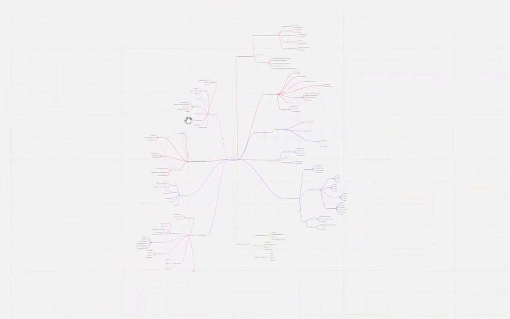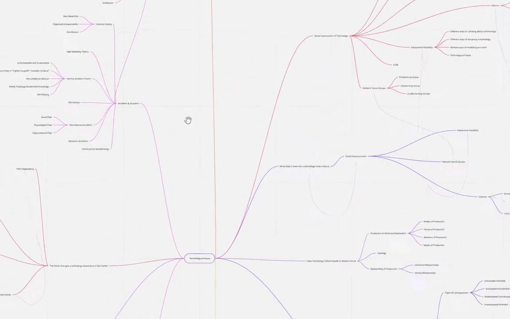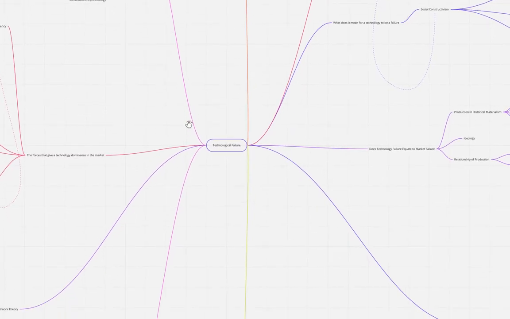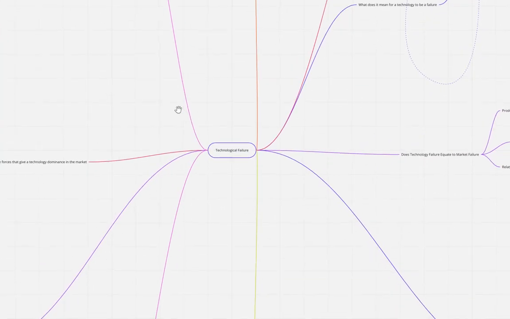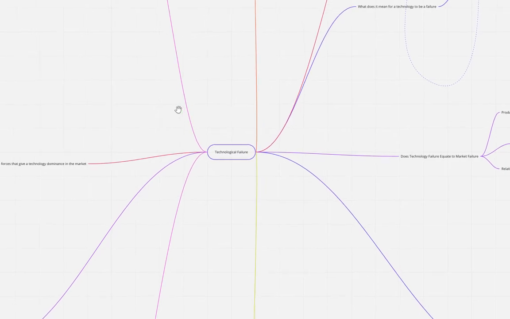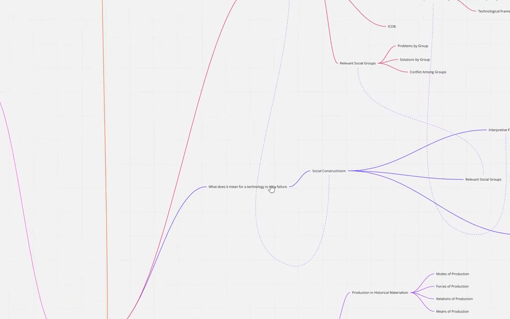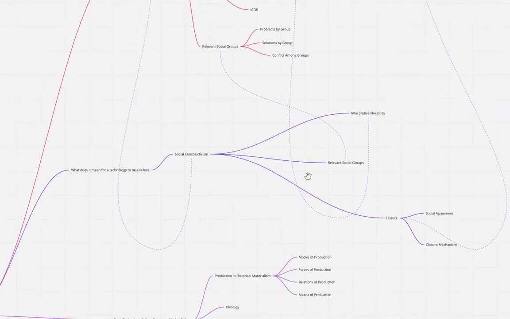If I can fit the entire thing on the screen, it's broken down week by week. So I took each week and broke them down. Those are these main branches that are stemming from here, right? Those were the major topics that we discussed. I thought that made the most amount of sense, and within those topics, I broke them down even further. So week one, we talked about what does it mean for technology to fail, and we talked about these different